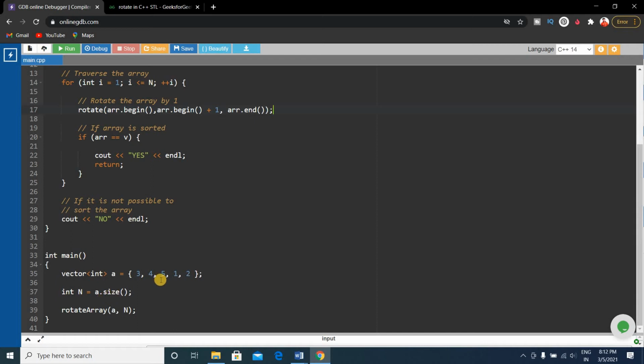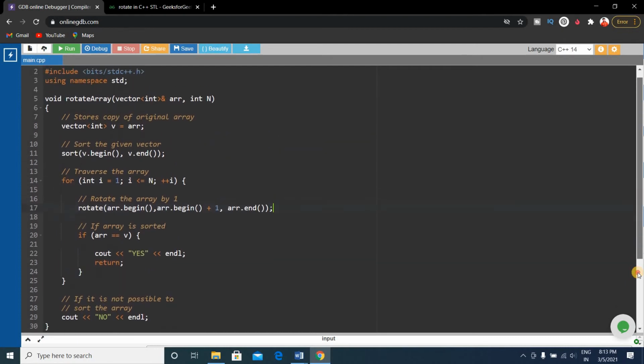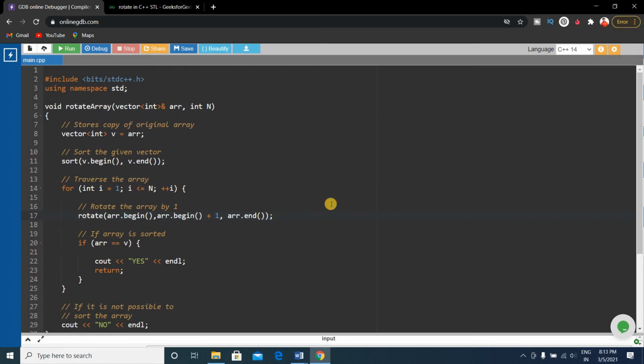This is the size of the vector, and then we call the rotate array function and pass array a and the size of the array n through this function. Then we write the same function here and the return type is void, because we'll display the output in this function.